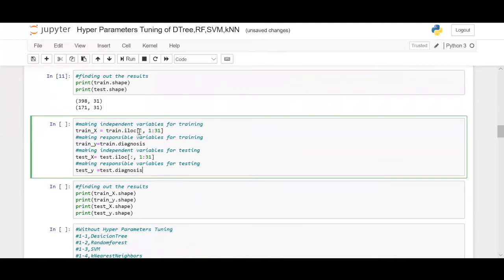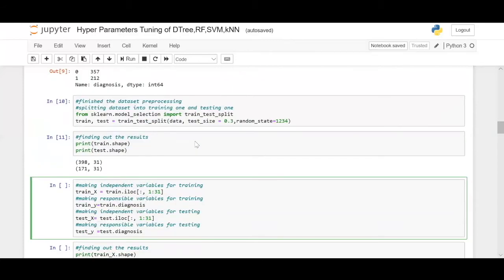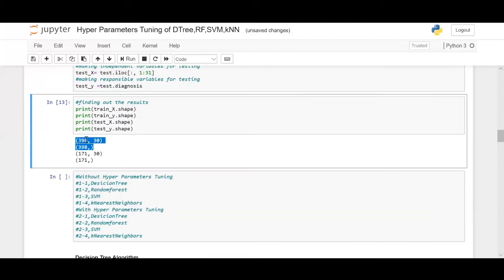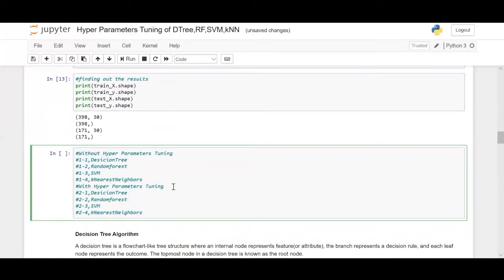And then what we will do is define the variables. Variable 0 is the target variable, right? Which is diagnosis. And from 1 to 31, they're all independent variables, which are used to predict the target dependent variable. So we are going to split the data into training X and training Y. Just define them and then see their shapes. Okay, this is training data, 398, 30. This is testing data. It looks good. Shapes are also decent, so we'll go ahead.